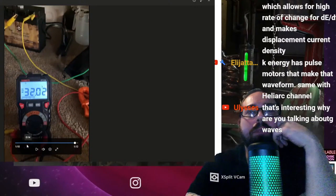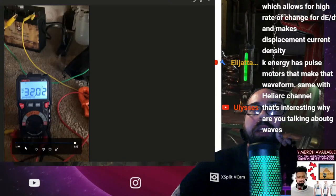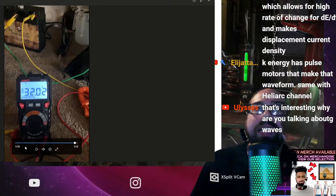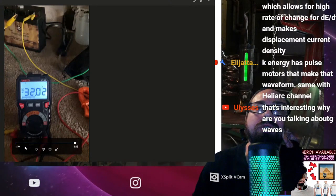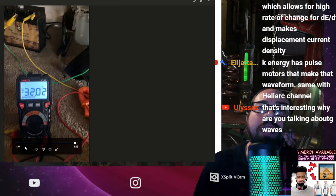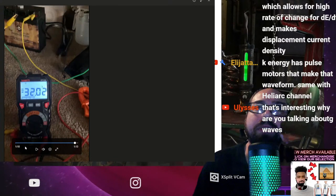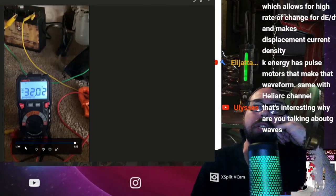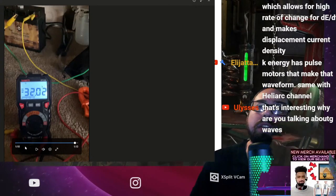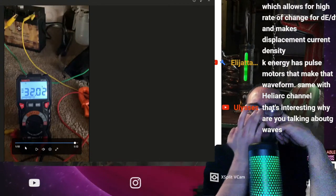Real quick here, I don't know if I'm measuring the wrong positive, negative, I'm getting them mixed up, or it's actually getting negative 32 volts, which, if it is, would be very interesting. This is something I have to sort out, because if I mix those two up, sometimes it sends energy back into the PCB board and blows the line up, because there's a line directly to, I believe, the positive on the PCB. So,